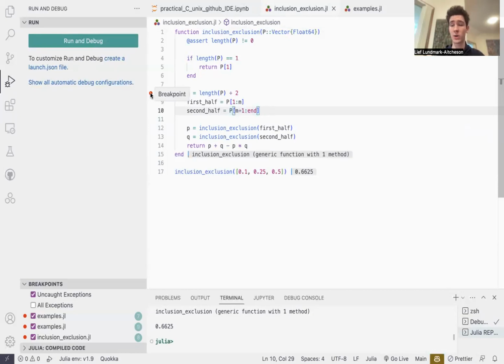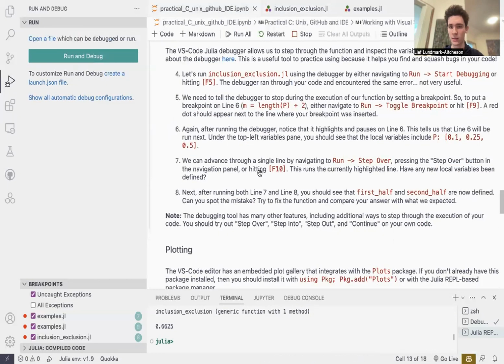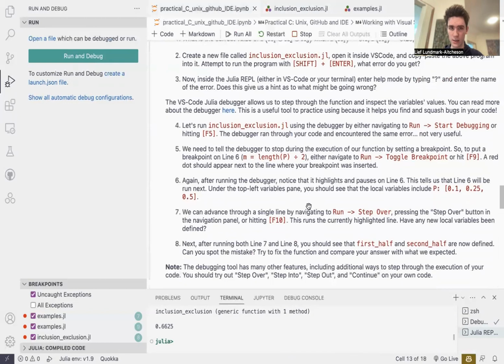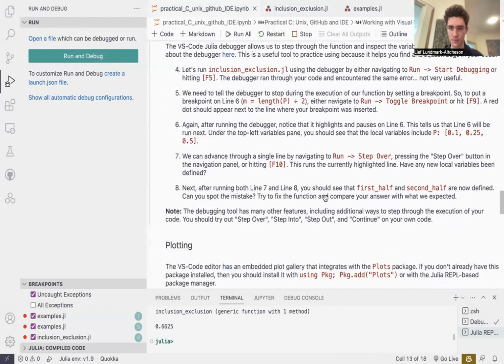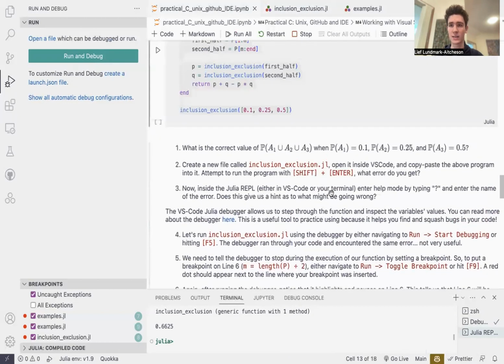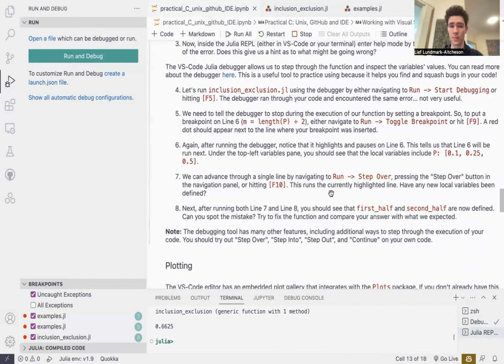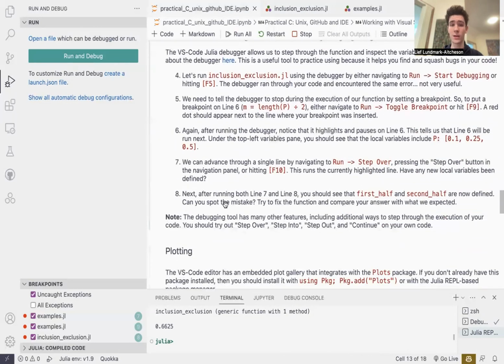So this breakpoint feature is really powerful because it lets you pause the code halfway through and check out the variables that have been defined. Okay, is there anything else we need to look at? All right, so that's covered the practical material,